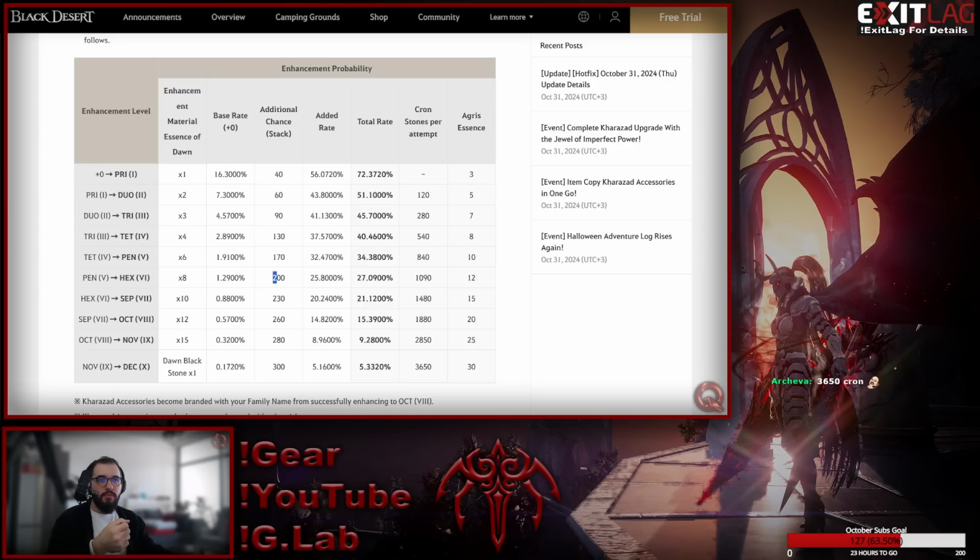And also, look at the fail stacks. You have 200-ish fail stacks many times. But the good part is very high success rate. And look at the numbers. From Sept to Oct, for 260 fail stacks,